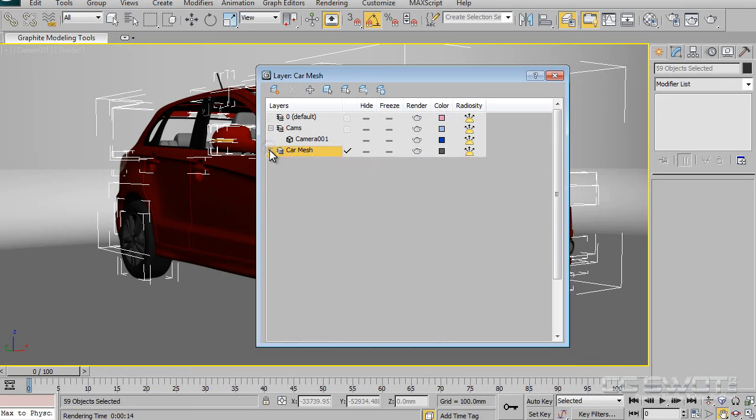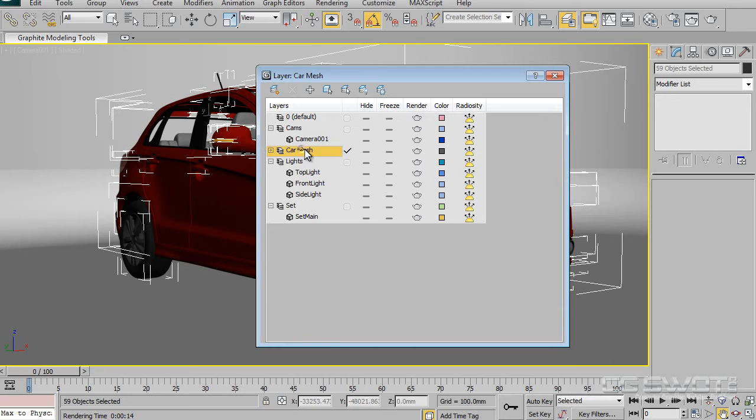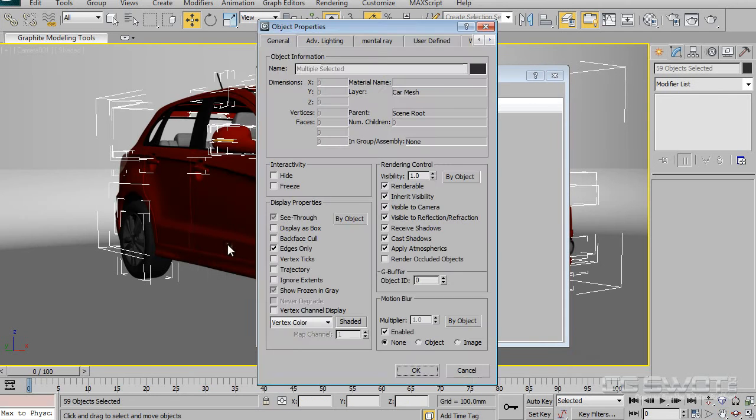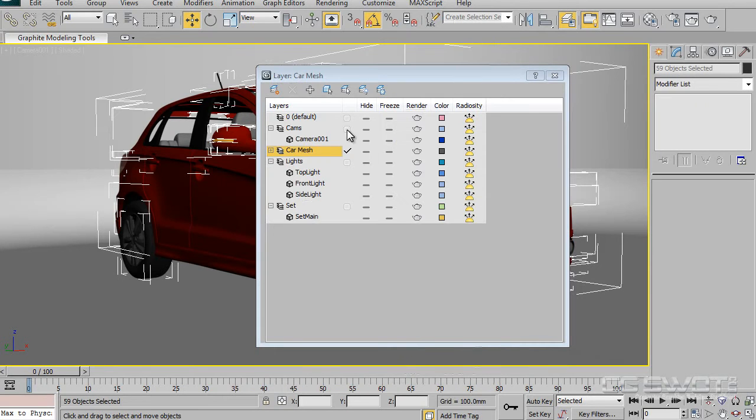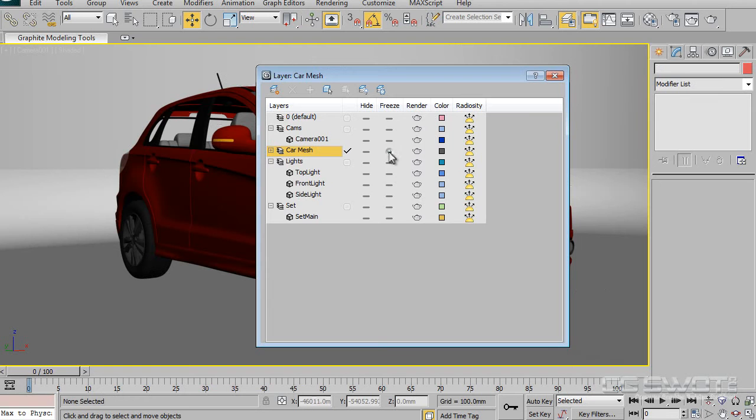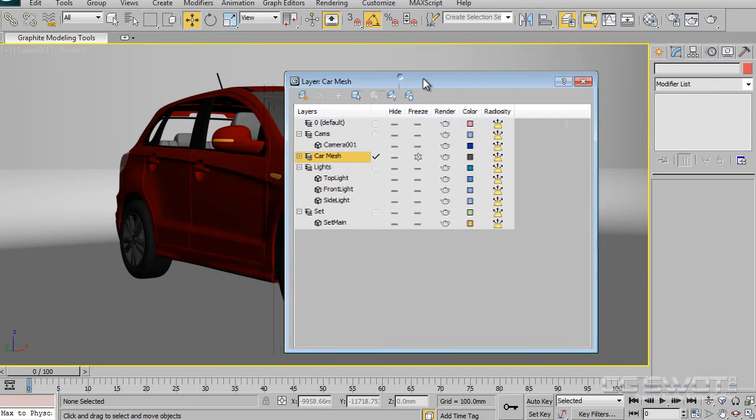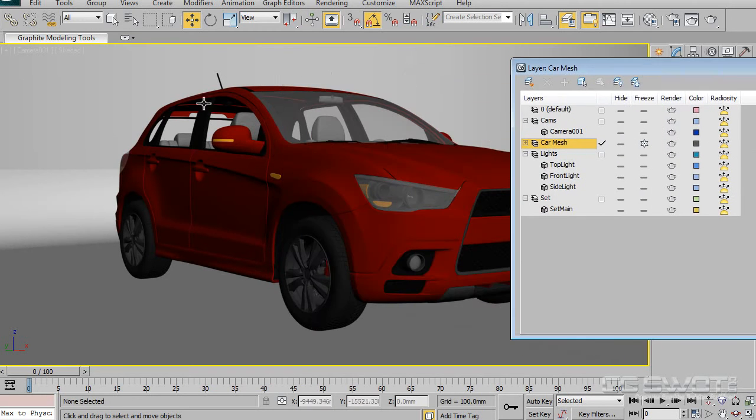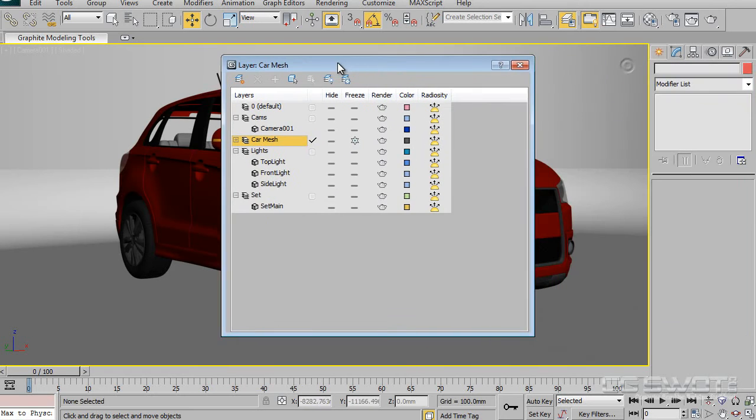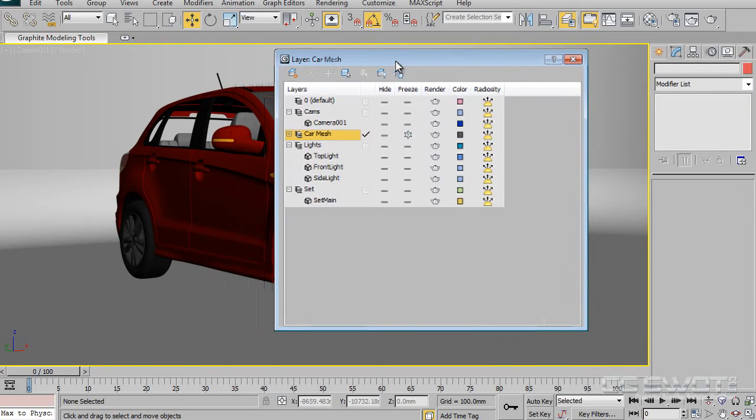And now the car is in there. Now what I'm going to do is actually click on the highlighted, or use this button here to select the objects in the viewport. Right click and Object Properties. What I want to do is switch off Show Frozen in Grey, and then go OK. And that means that if I freeze it in our layer manager, nothing is going to be grayed out or have a default grey material,